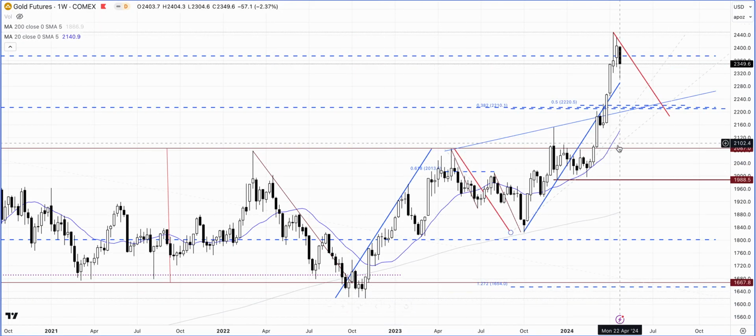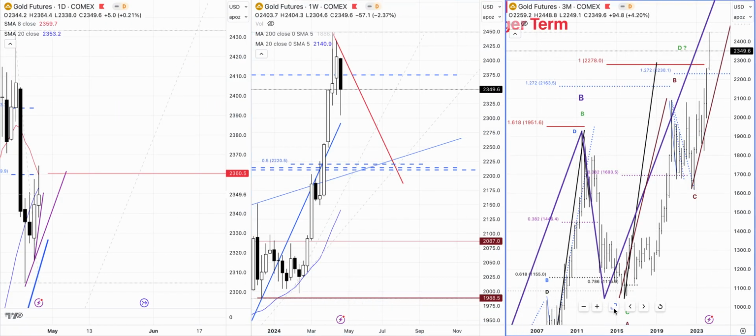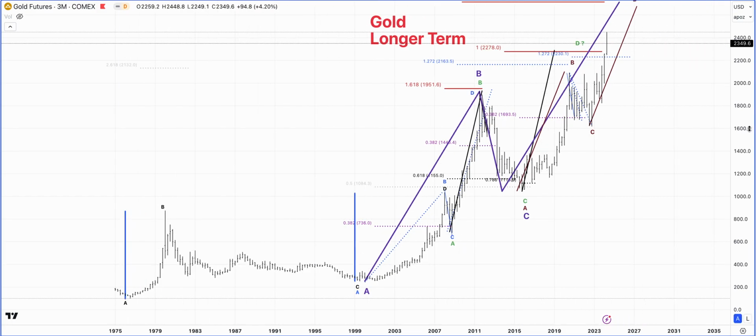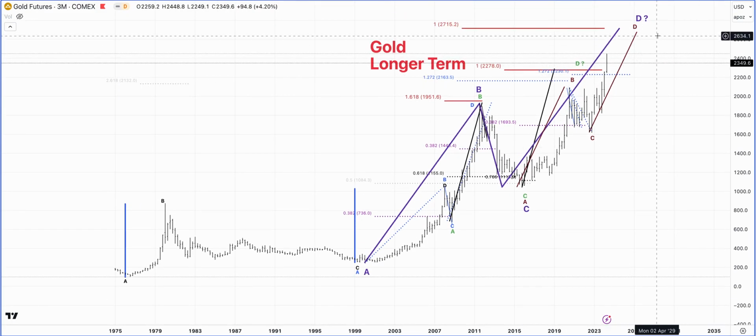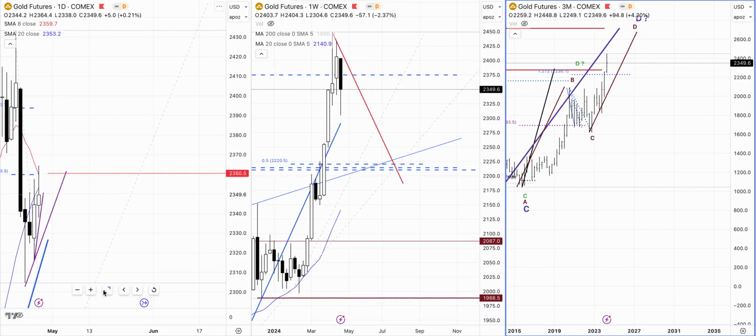So here we go. So the gold, this is what the weekly candle looks like. Again, the daily chart, we'll have to look at that level really carefully. On the monthly chart, I think that we are in this ABCD, which can actually see us move higher towards 2600, or even 2700 is possible. So that's what we are looking at in gold.